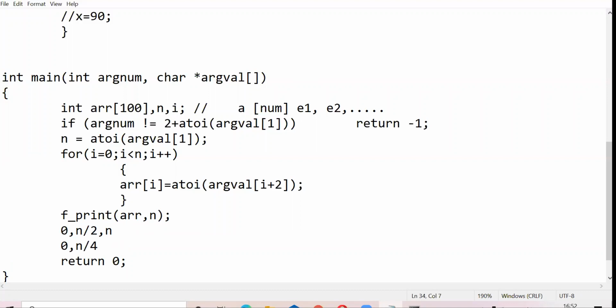And the same thing happens with your other half. So the other half goes from n by 2 to what? Is it 3n by 2? 3n by 4. Okay. To n.